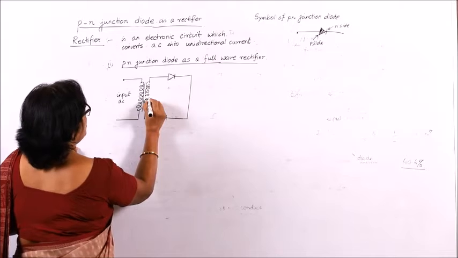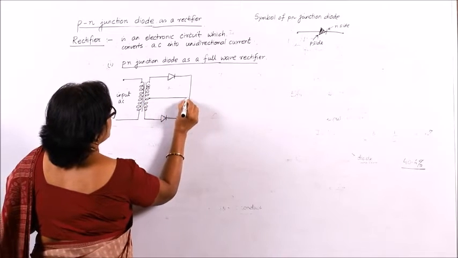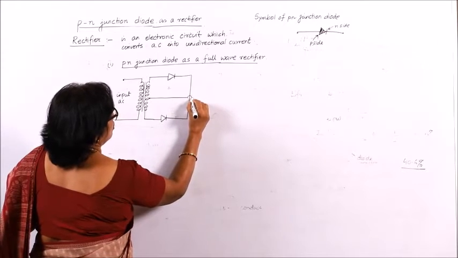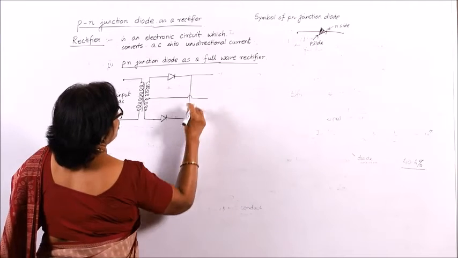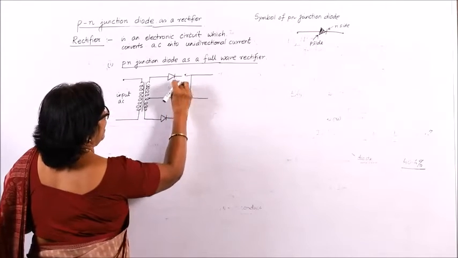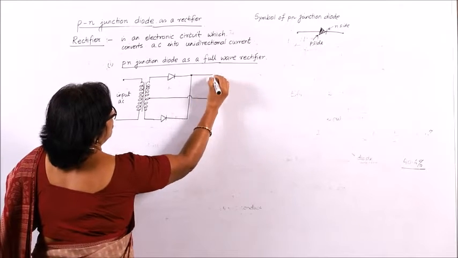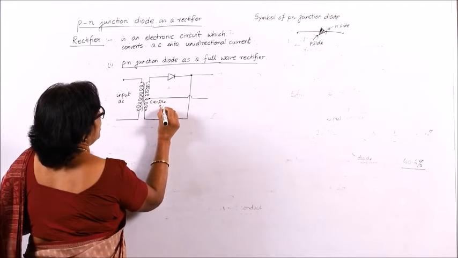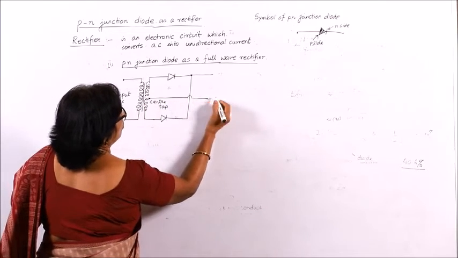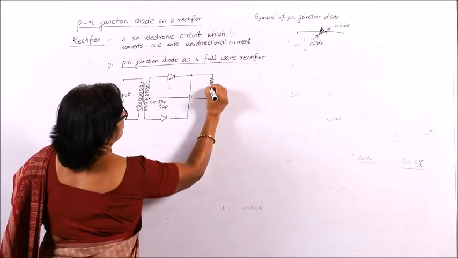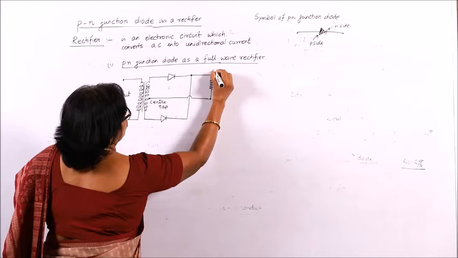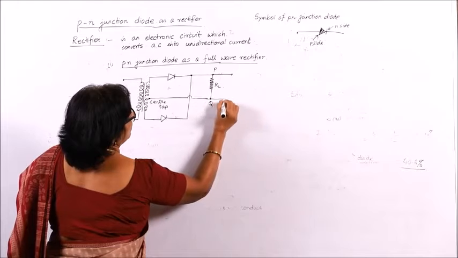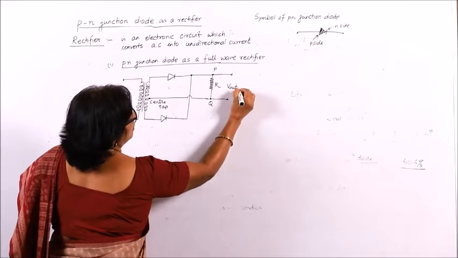From the center of this transformer, one point is taken. This is jumped, that means it is not connected here, the wire is jumped. Then the common end of the N, both the N are connected together from that end, and the center tap, this is called the center tap of the transformer. From the center tap, a point is taken out and a load resistance is connected across these 2 points. So, this is my point P and point Q, this is my load resistance, and whatever voltage is appearing, we will take out the output from here.